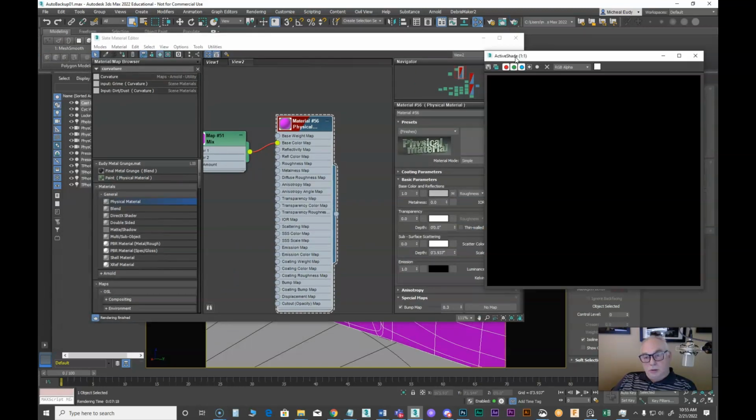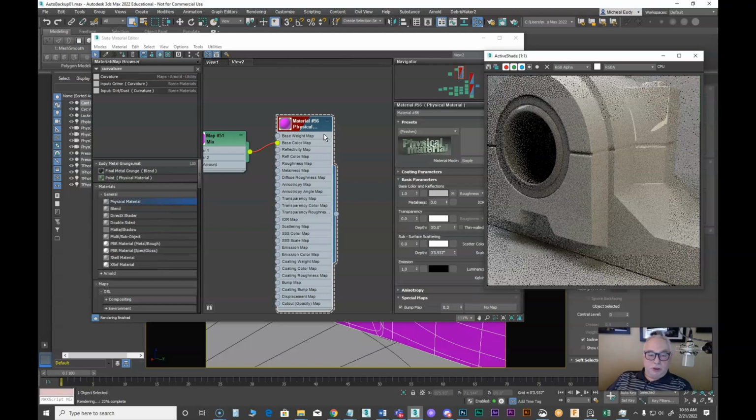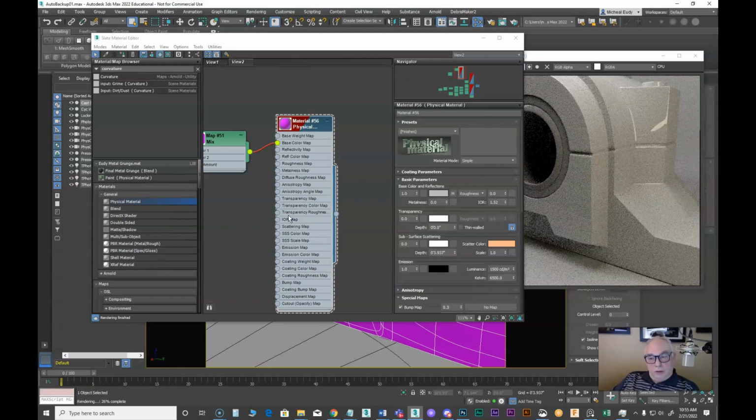And let's do an active shade. We're going to do some active shade in this, and then we're not going to do some active shade in this. Okay, so